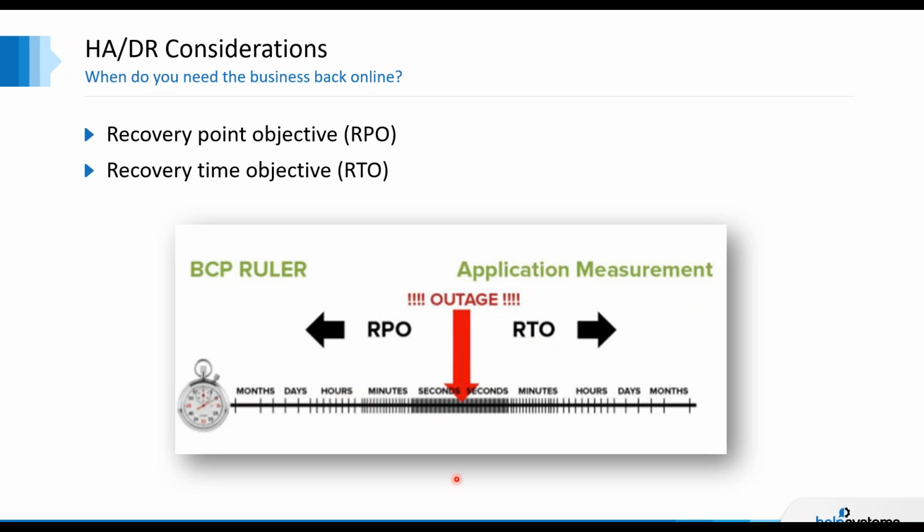Now, we always talk about ransomware. Ransomware on IBM i, we've heard stories where people have lost full months' worth of data because they did not have a good RPO because they weren't doing backups often enough. And the only way you can recover from ransomware is to do a full system restore.